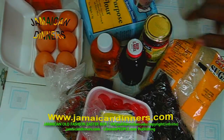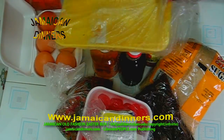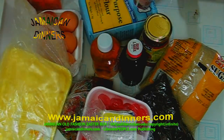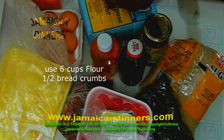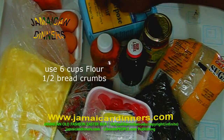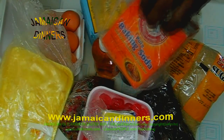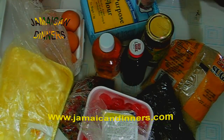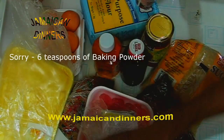4 tablespoons of butter. Butter, 6.5 cups of all-purpose flour, 1 teaspoon of baking soda, and 6 tablespoons of baking powder,